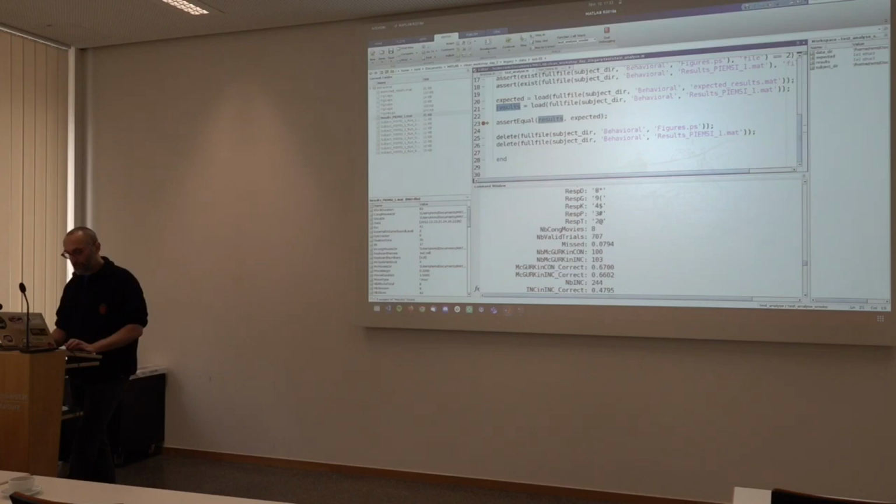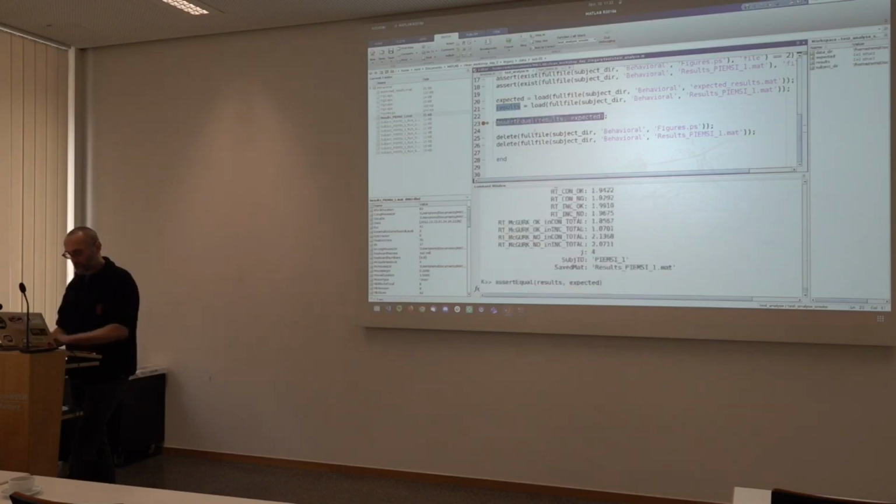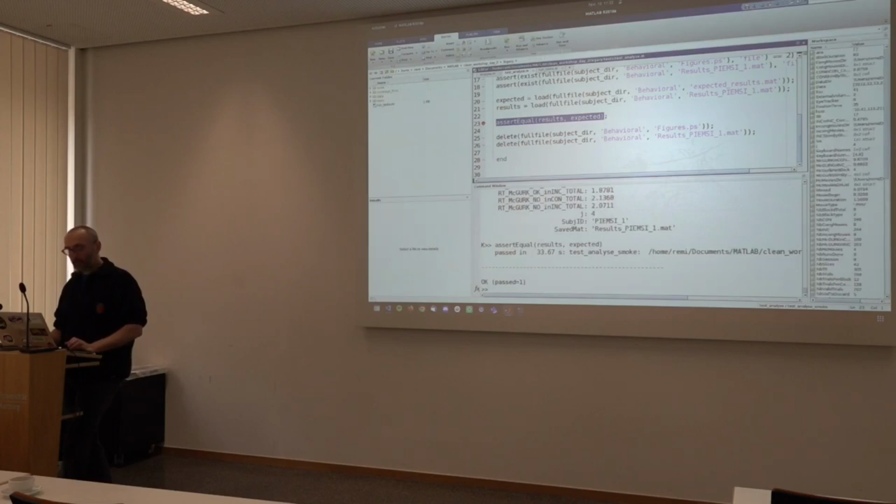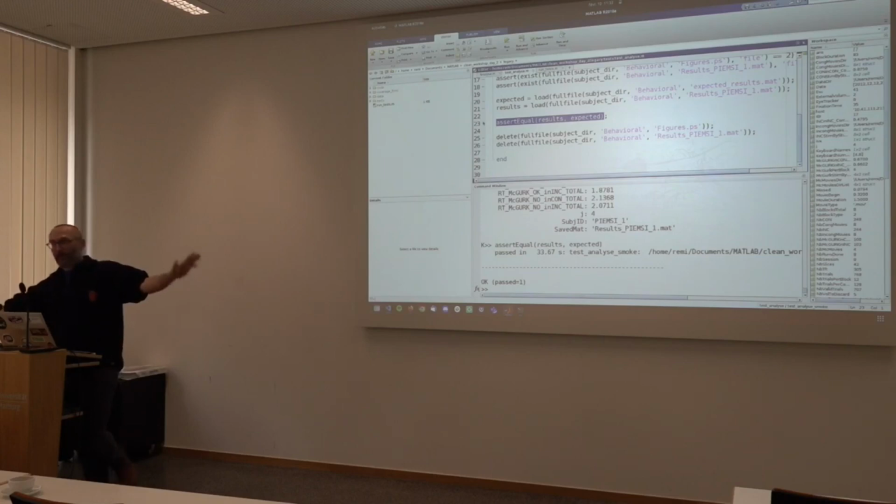And now you can just run this and make sure that the content of the two things are the same, right? So that thing runs and your test passes. So now you have created a unit test that will ensure that whatever you do to your function, if you change its behavior, you will know it.